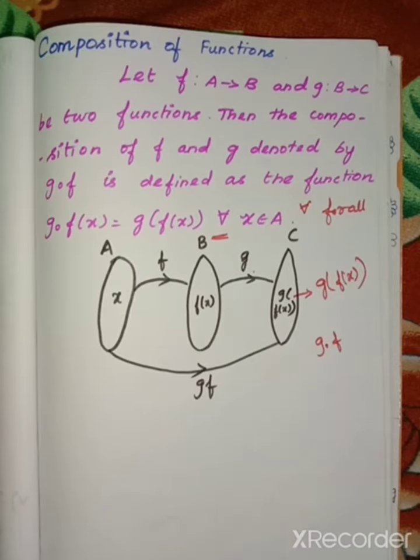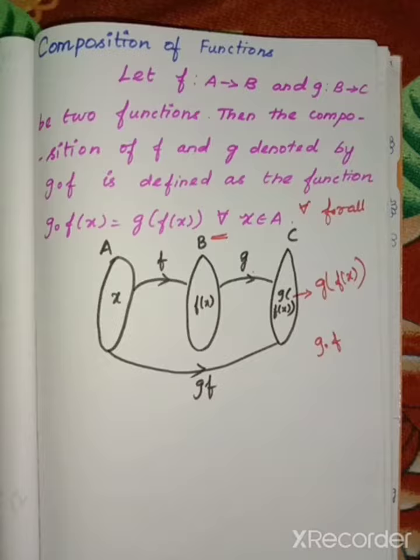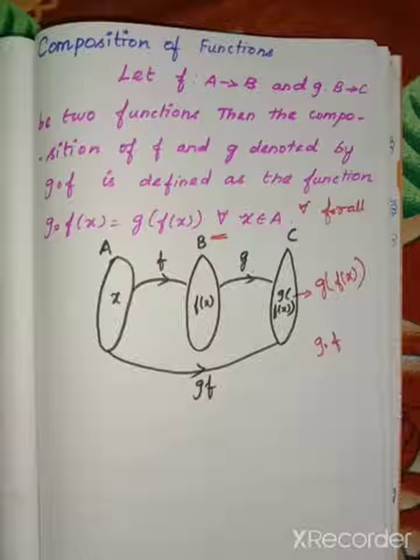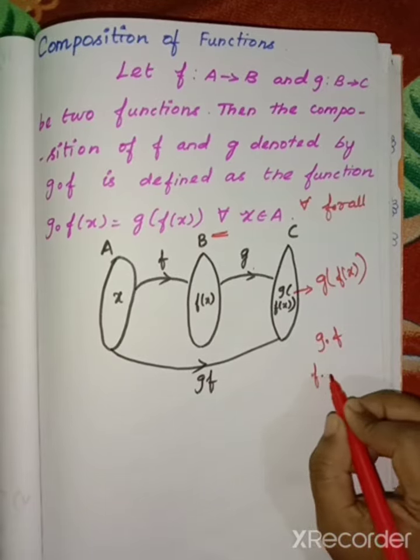Again I have to repeat. Here we will see two functions, that is f function and g function. f function is from a to b and g function is from b to c. According to the question it will be changed, because from the values we can change the set. So two functions f and g, when denoted as the composition of function, that is g of f. Ma'am, will there be only g of f? No. So f of g is also there.